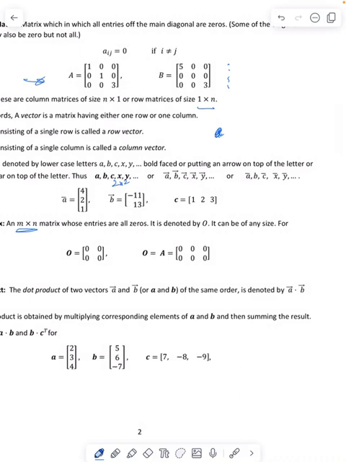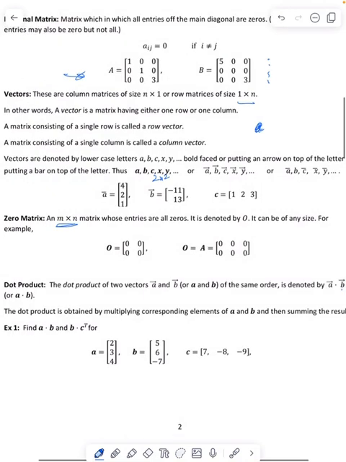We put a dot in between, and it is obtained by multiplying the corresponding entries of the two vectors and then adding all of them. So for example, if we have A, B and C, and I want to find A dot B, it will be equal to